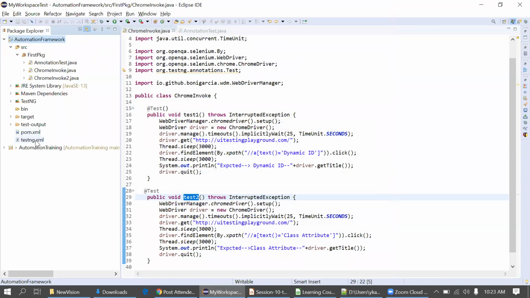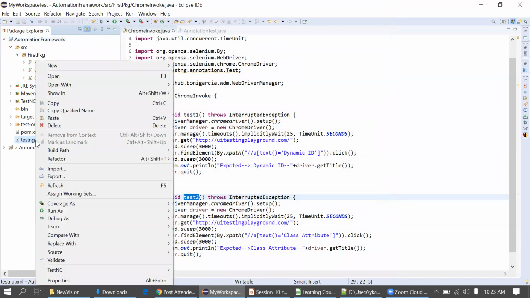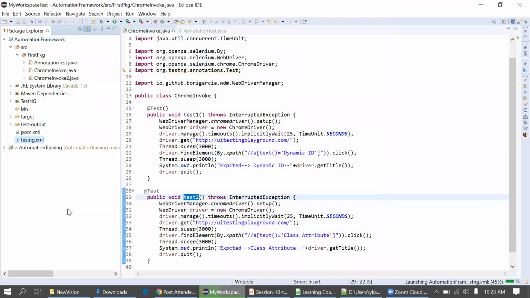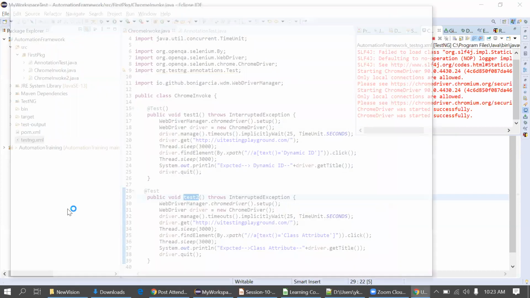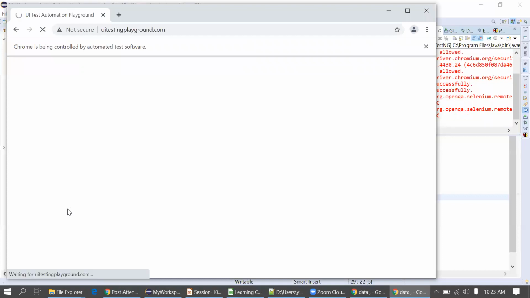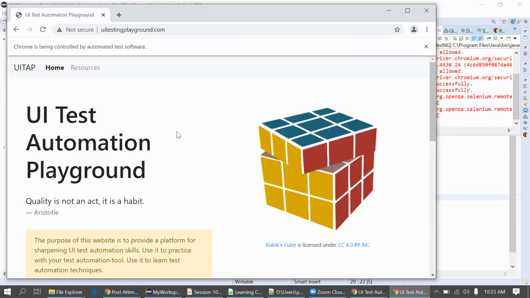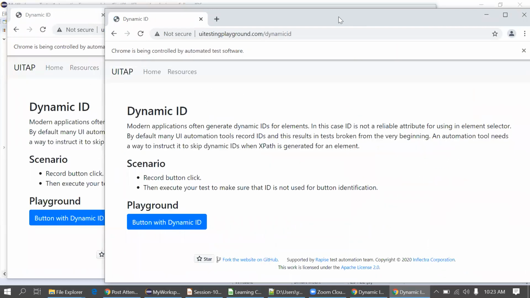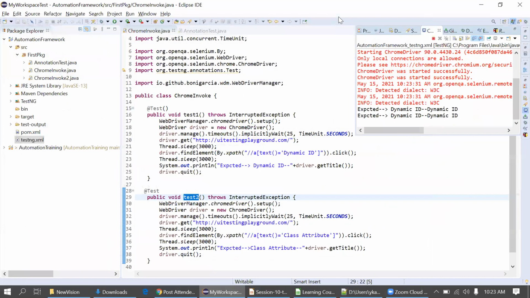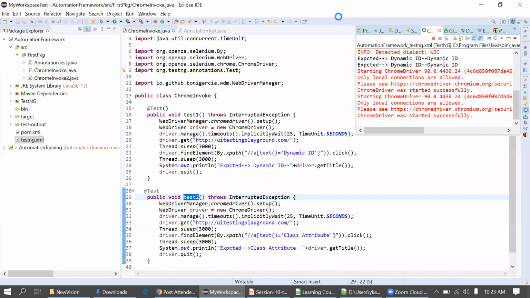Now I'll execute this testng.xml file, right click, run as TestNG suite. You can see the same code is running from different classes.